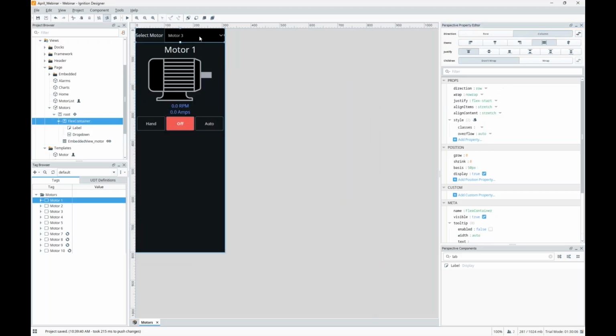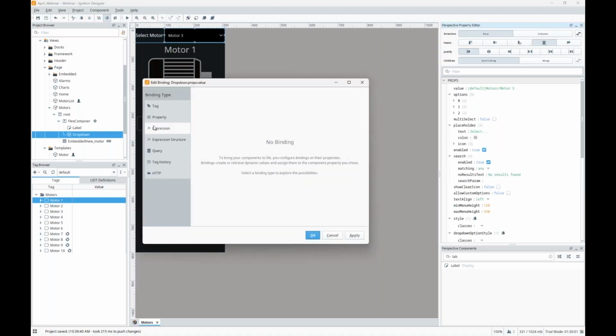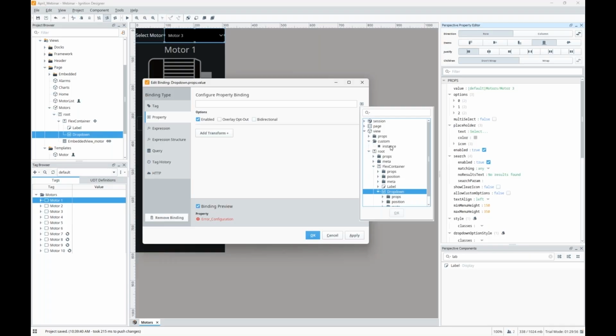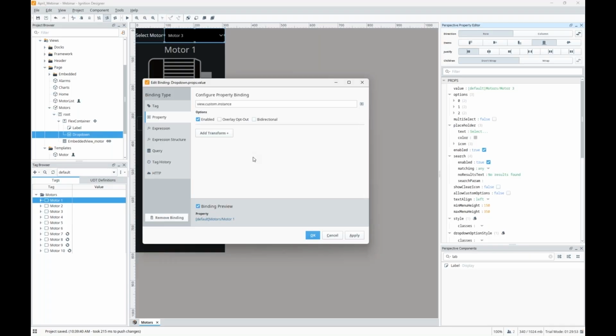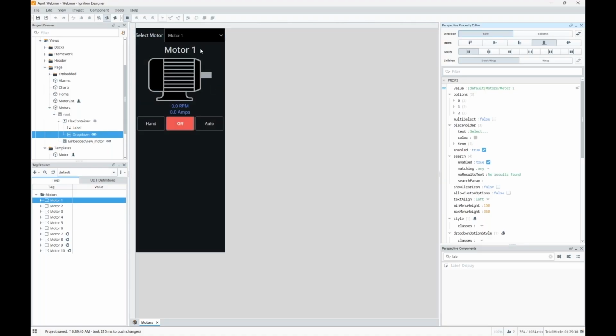And the other thing that we need to do, of course, is now link my dropdown to that as well. So anytime the value changes in my dropdown, the user selects that, right? That needs to update this custom instance property as well here. We also want to make this bi-directional so that if anything else updates this, the dropdown gets updated as well. So we can read and write to that custom property. We'll hit OK there. That looks pretty good. And now I'll toggle us back into preview mode again with our shortcut. And we should be able to still control our motor, sure enough.